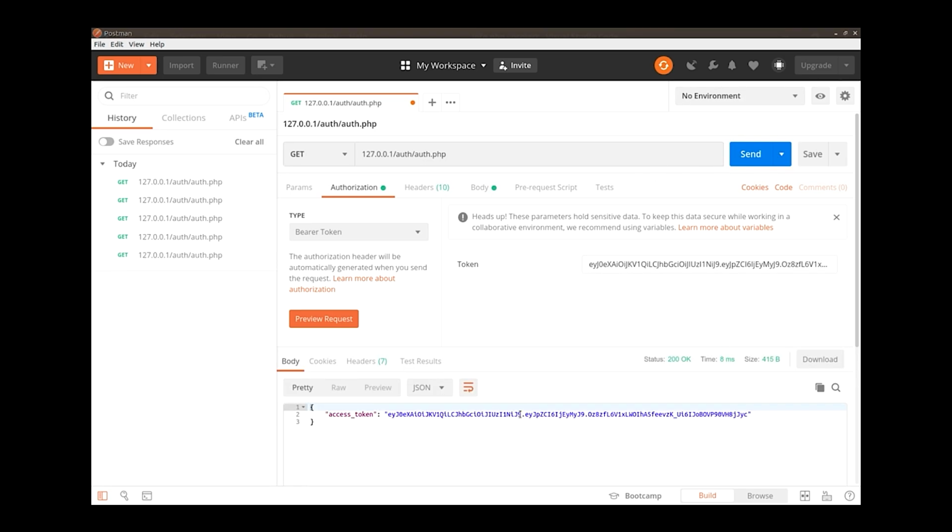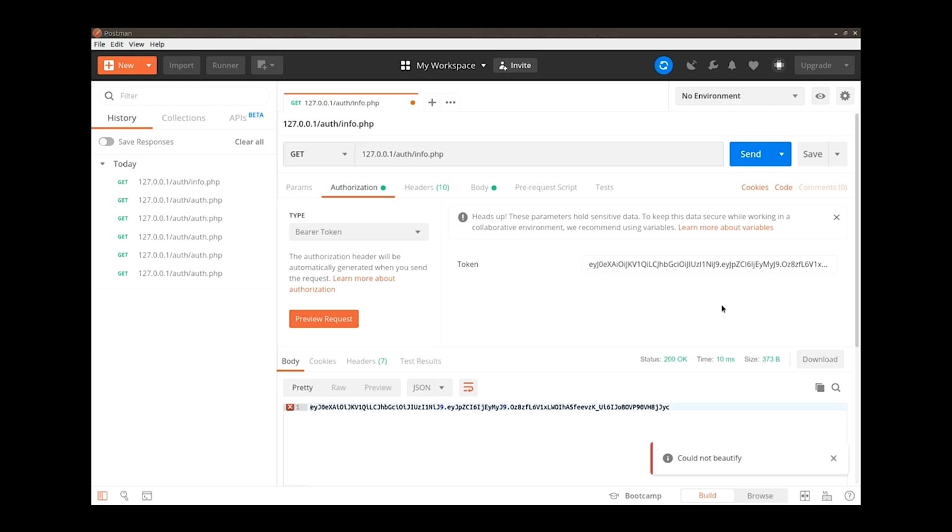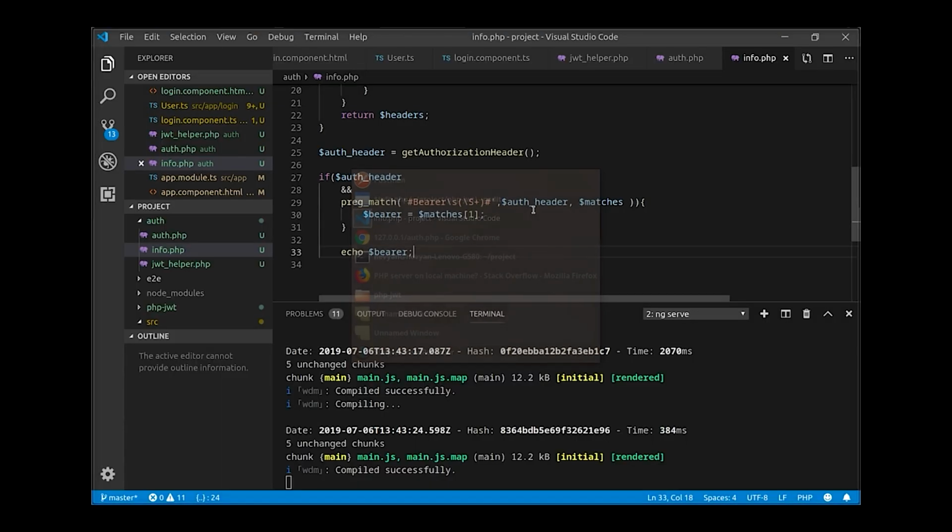We've sent the request, but this time we'll send the request not to the auth, but to the info.php, our new file, again with authorization. And we see as a response the raw token value. So we managed in our PHP code to grab the raw token value and to have it here in this